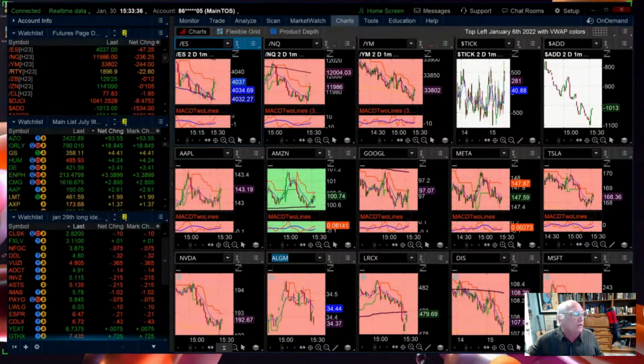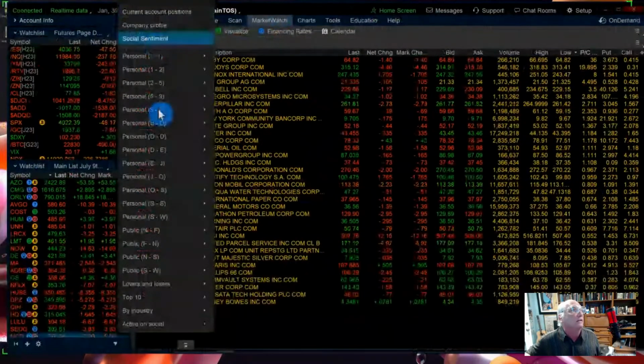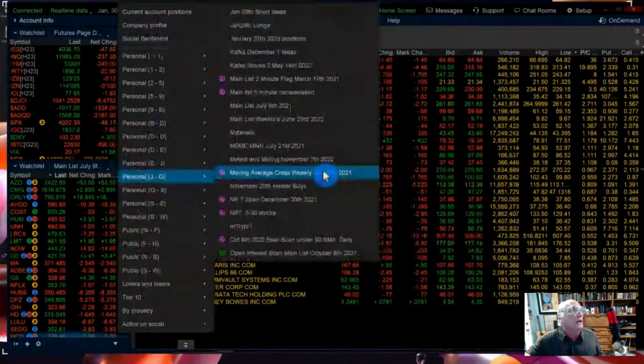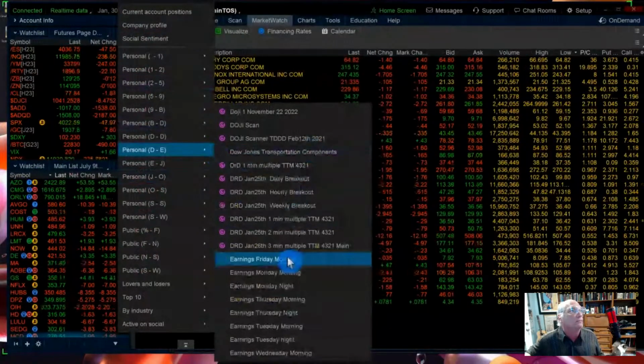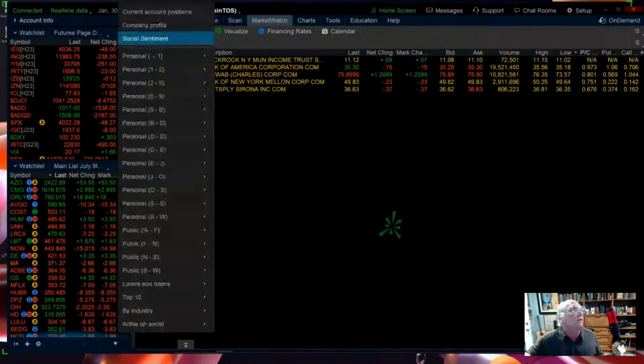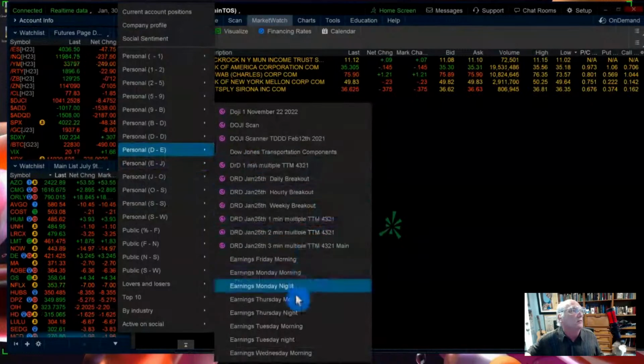So right now isn't the time to look at penny stocks. I'll look another time, because there's a time and a place, but that thing is just way too thin. So just to let you know. So getting back to it, we have earnings tonight, and we have earnings Tuesday morning. That's the next thing I do. And I go through this. I just go earnings Monday night, and I pared them down to this. Earnings Monday night.